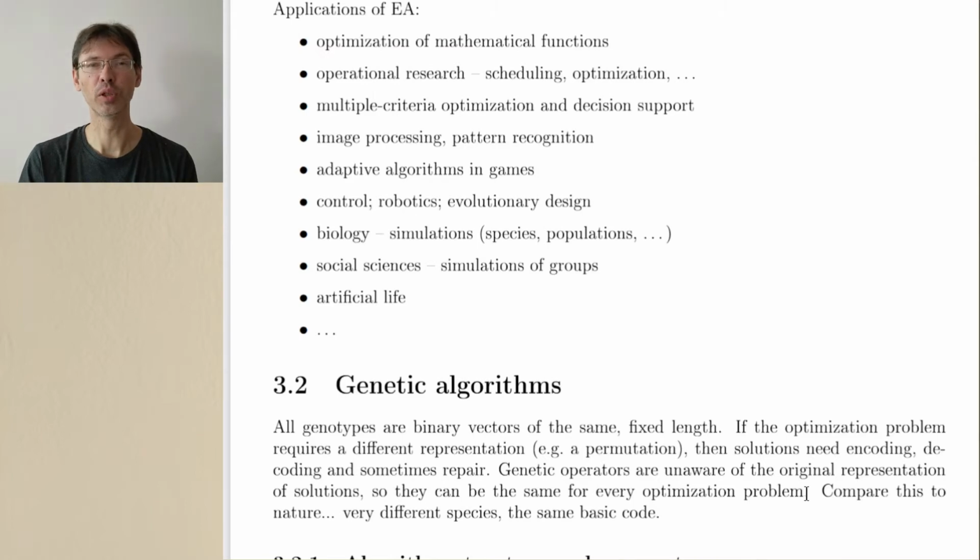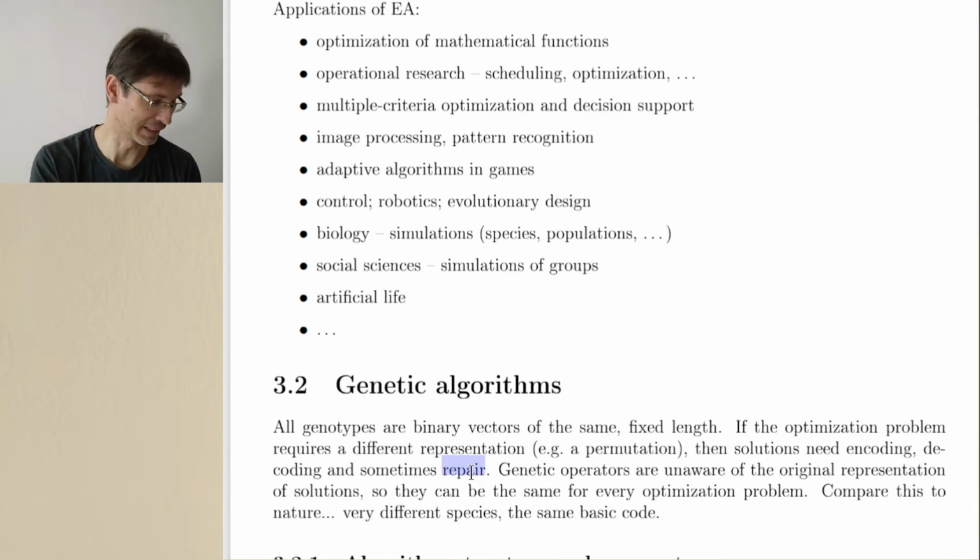If, for example, you want to change a binary string, you simply flip a bit. You change a bit, and you can do this no matter what was encoded into this binary vector. But the problem is, like mentioned earlier, that you may break the validity or some constraints that were imposed on the original representation of the solution. For example, a permutation needs to be a permutation, and you cannot flip bits whenever you want.